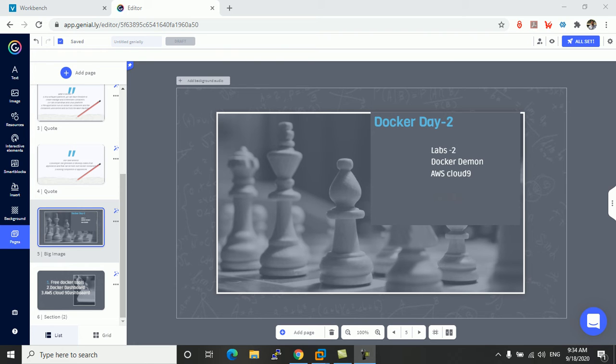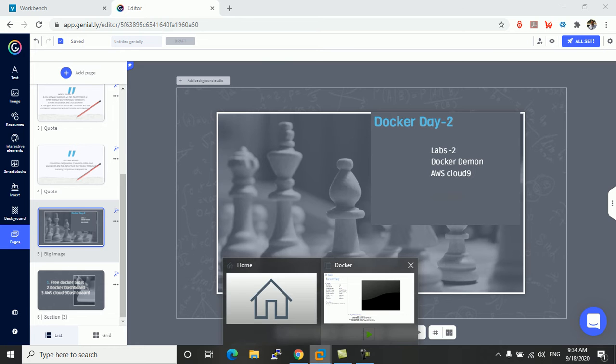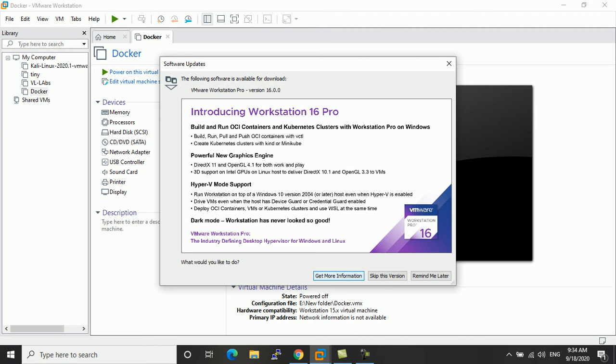Now, if I take you to VMware, look, this is what VMware was doing earlier. A new version of VMware came, and you can see here they are also running developer, sorry, deploy OCI containers, VM Kubernetes cluster, and all those, because everybody knows that Docker and containers are the future.